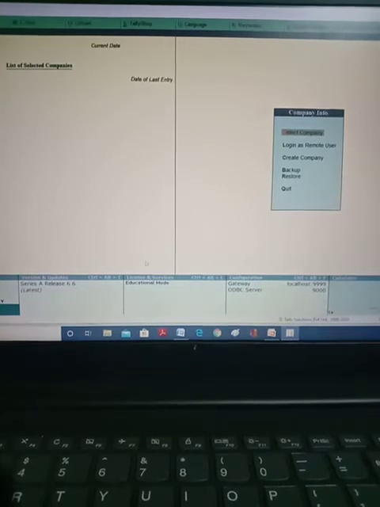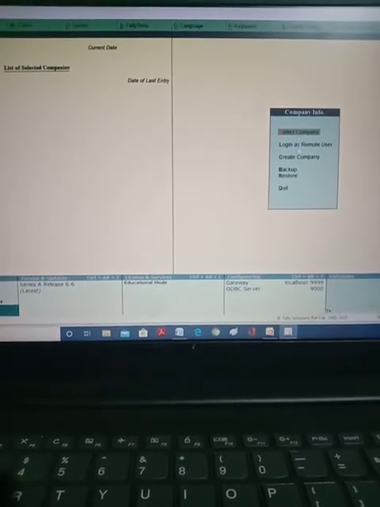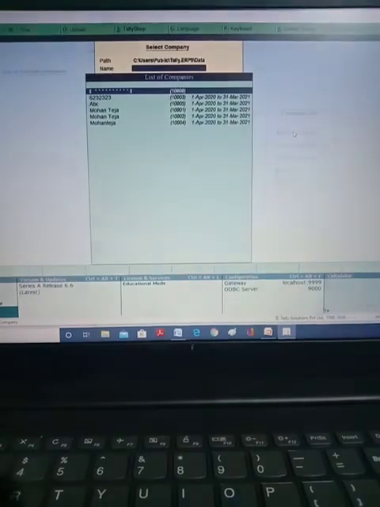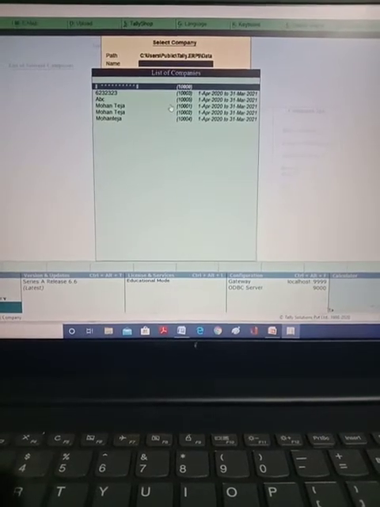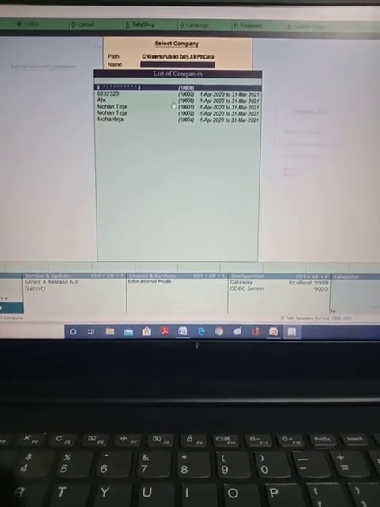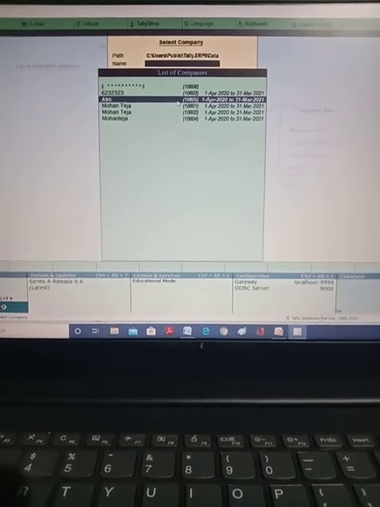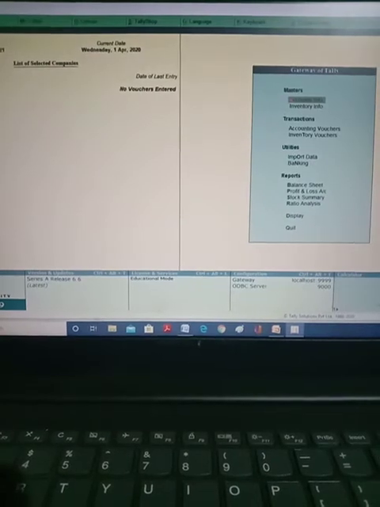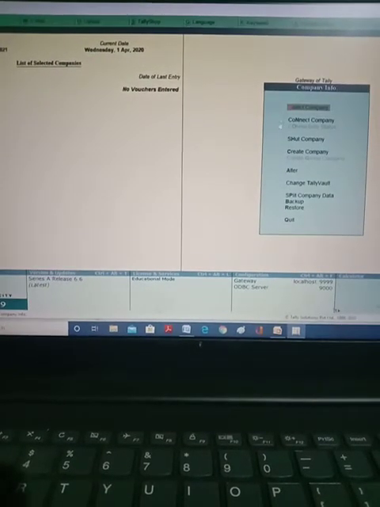First we have to press Alt plus F3, or else select the company. See guys, here are the companies we created. In that you need to choose the company you need to alter. Choose that company, and then we need to go for Company Information.